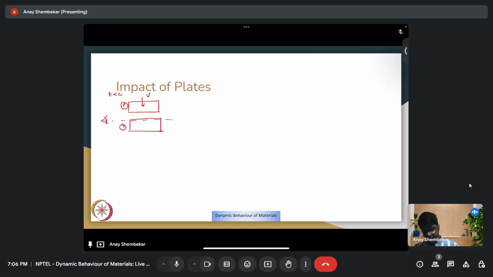We have three conditions here which will help us analyze this phenomenon, and these three conditions are important in generation of shock waves in practical cases. Those are planar, which means flat plates. Second, I should write this in impact conditions, second is parallel,